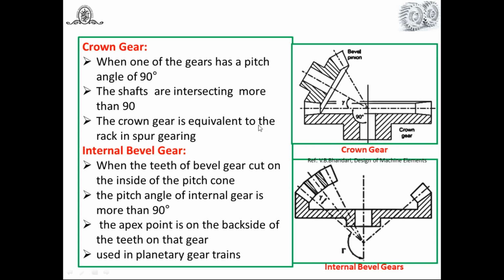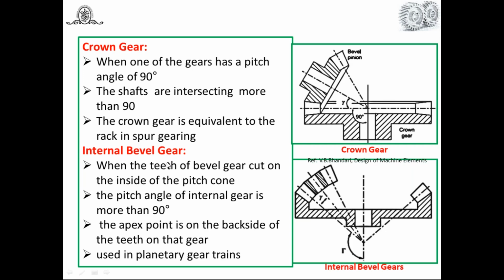But in this case, when crown gears are used, as I have stated, bevel gears are used to transmit power at 90 degrees, sometimes more than 90 or less than 90. So look at this here. In this case, this is the crown gear and this is the bevel pinion. If you find the angle between this bevel pinion and this, it's 90 plus something. That means the shafts are making an angle more than 90 degree. The crown gears are used when intersecting shafts have an angle more than 90 degree. Try to understand. Then the third type is the internal bevel gear.